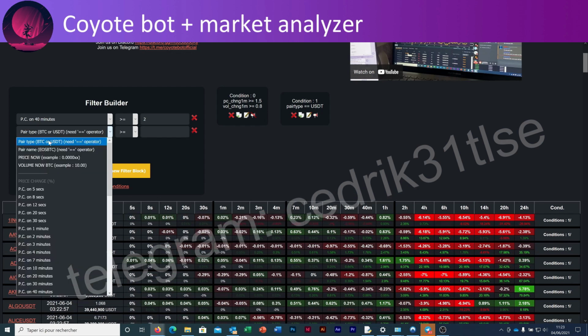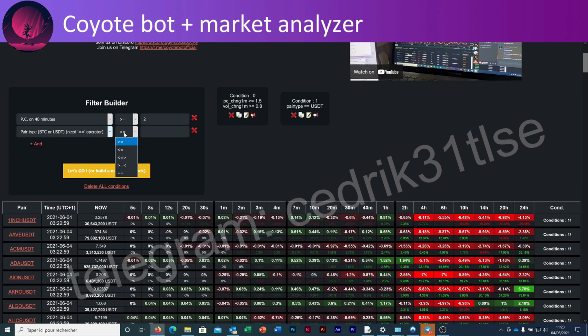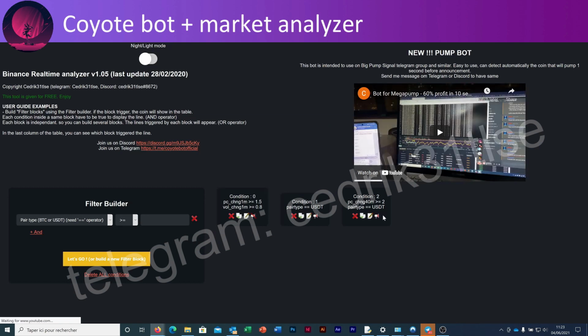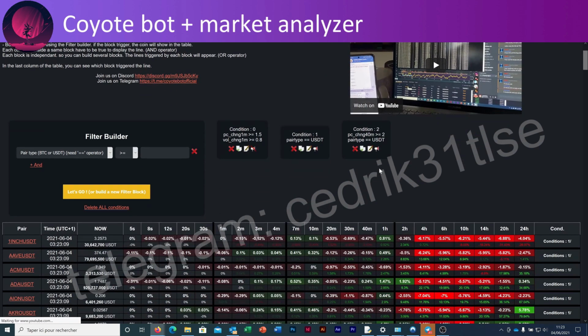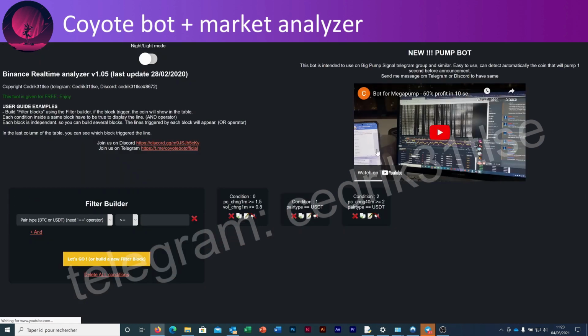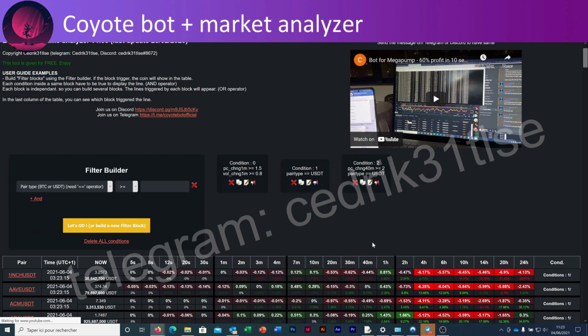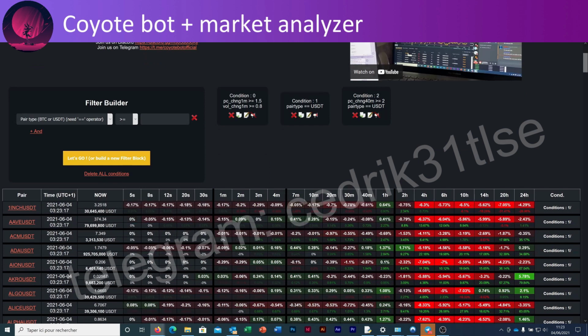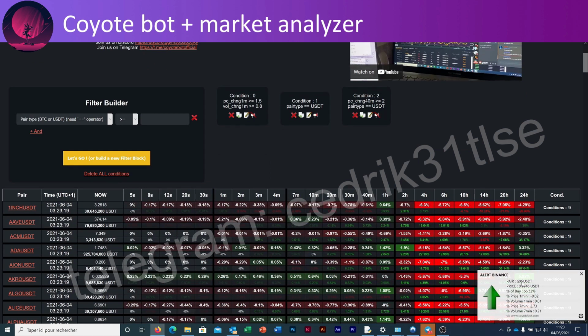And I will also add another setting. I want to do it only on the USDT pair. So I will add pair type equal USDT. And so now, I click of course on the speaker. And so now I will have all the coins that trigger this block of condition. Up, I will receive the notification.